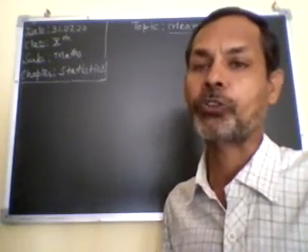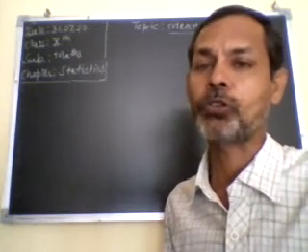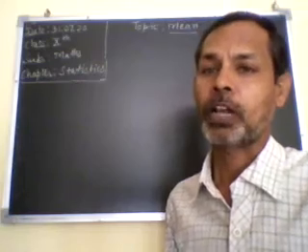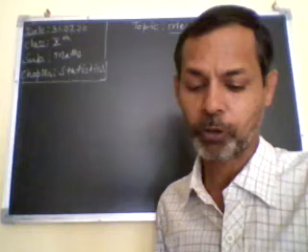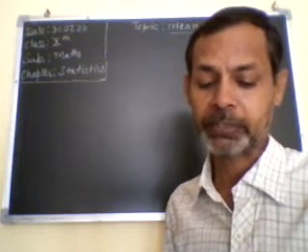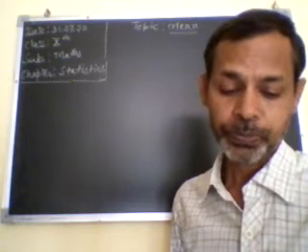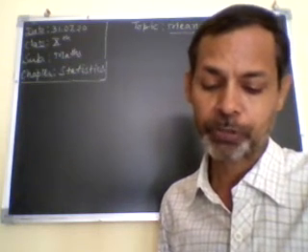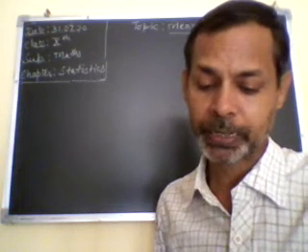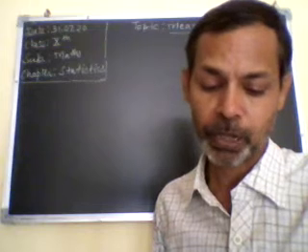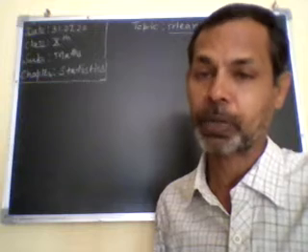Now in continuation of the statistics chapter, this is the second video of the statistics chapter. Now we have to solve exercise questions from NCERT, from your NCERT book, exercise 14.1, question 1. A survey was conducted by a group of students as a part of their environment awareness program, in which they collected the following data regarding the number of plants in 20 houses in a locality. Find the mean number of plants per house.